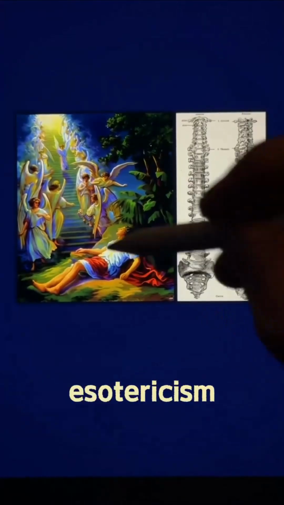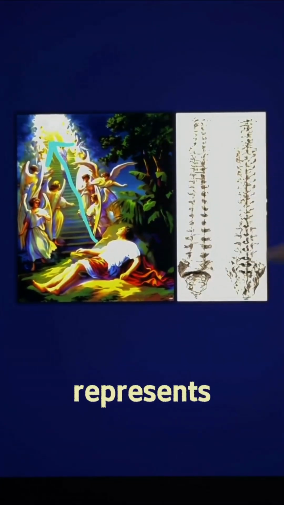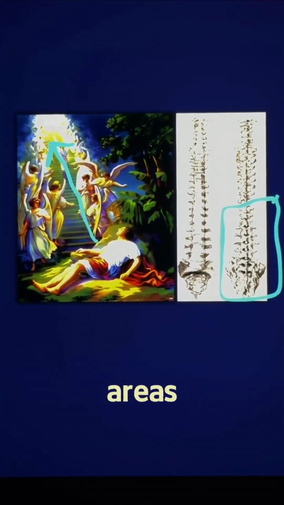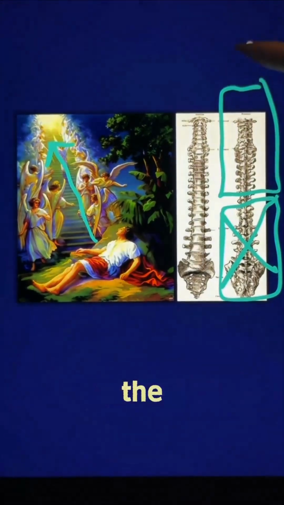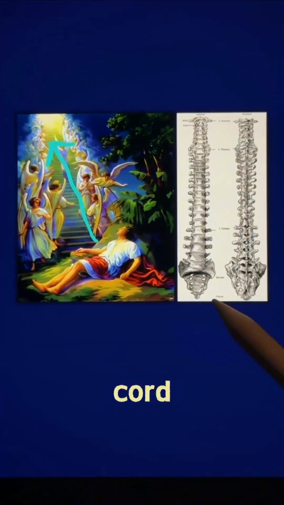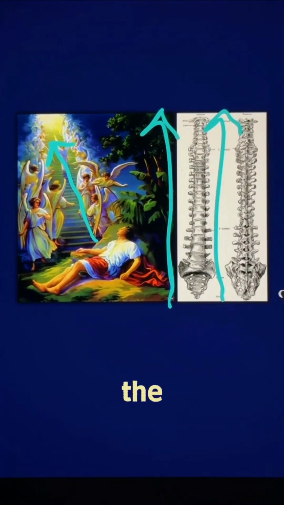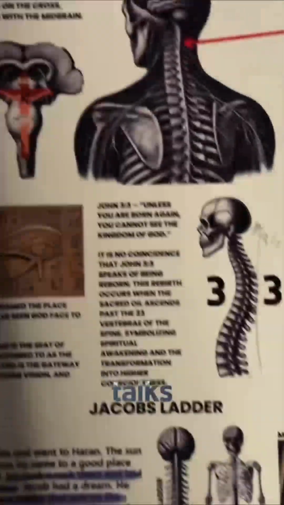In esotericism, the spinal cord is considered the stairway to heaven, because the spinal cord represents the higher and lower mind. The lower minds represent the guts and the genital areas, where our thoughts of survival, eating and sex exist. But when we conquer these desires, consciousness raises up the spinal cord towards the creative centers, the brain and the heart. So the spinal cord represents the pathway towards God, the pathway towards self-mastery, and the staircase towards a higher state of consciousness, which is what we call heaven. If you wish to learn more, the Book of Wisdom Volume 1 talks all about this.